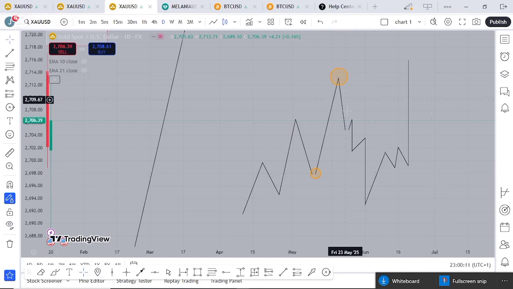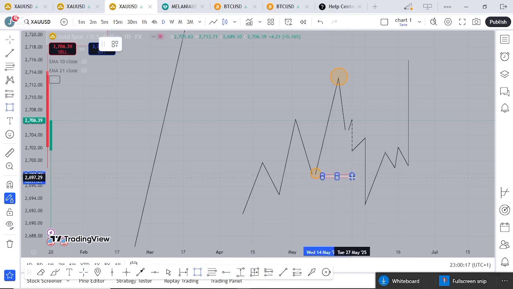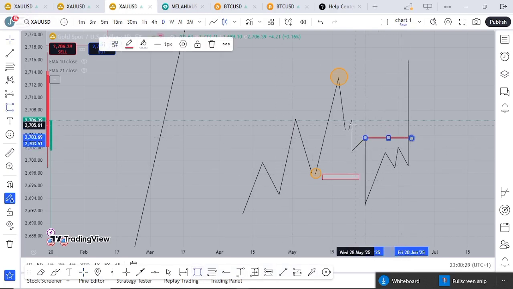So now what the market mostly does is that it will come back and take this particular external zone. It will take this point. You see, once it takes this, what the market does mostly again is that it will start taking the internal liquidity. That is where you see this one internal liquidity, this second internal liquidity. Once the market has taken this structural liquidity, then the market will go for the external liquidity again.